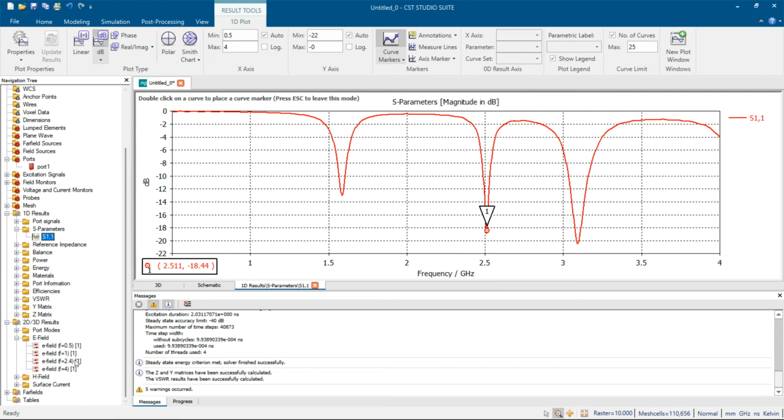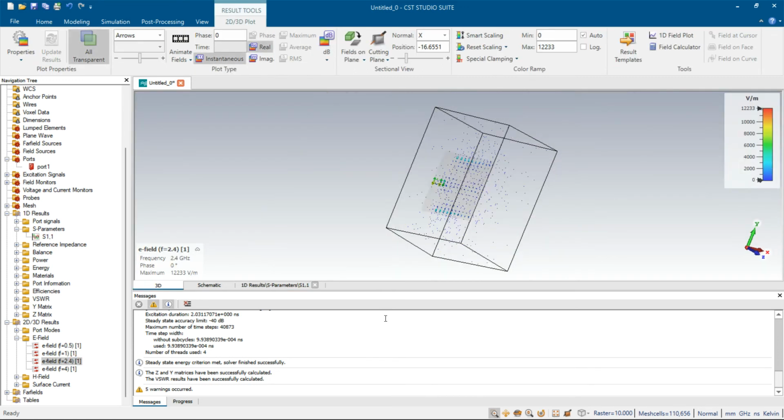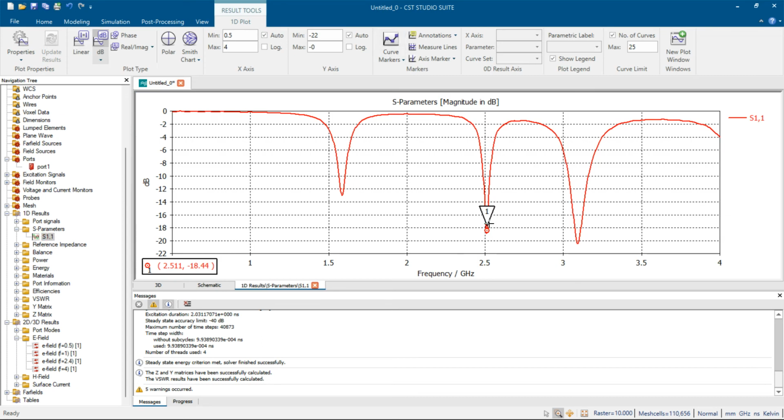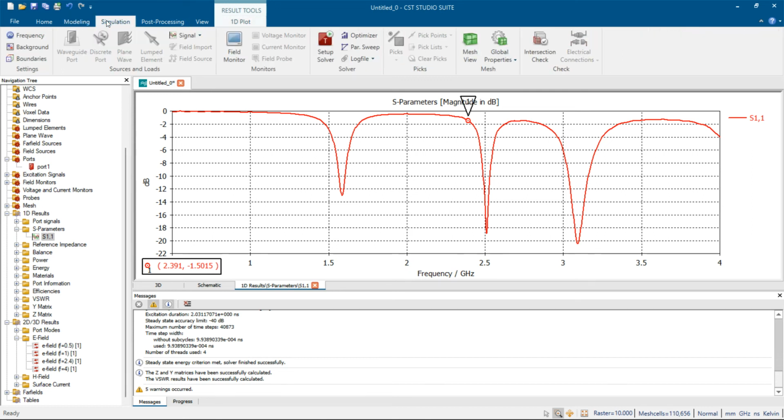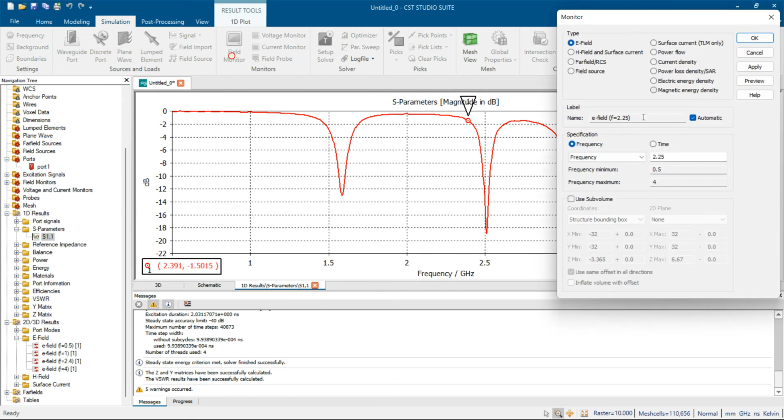So E field 2.4, we have defined it at 2.4. So we will check with 2.4. So 2.4 is not an acceptable range, and so I'm defining again with the simulation in the field monitor. I'm giving 2.5. 2.5. Okay,